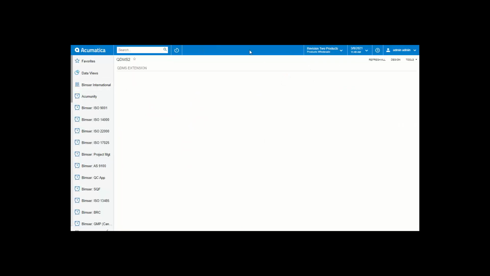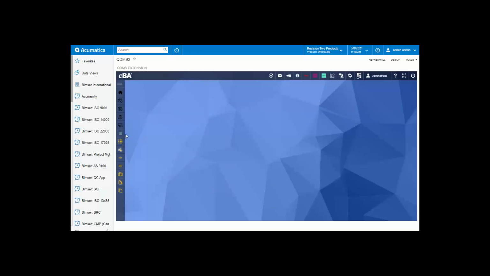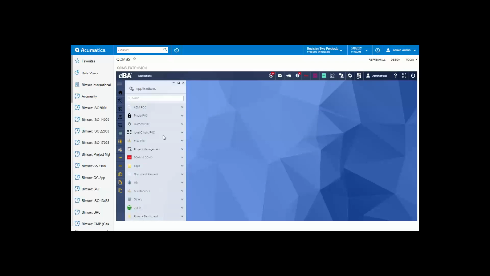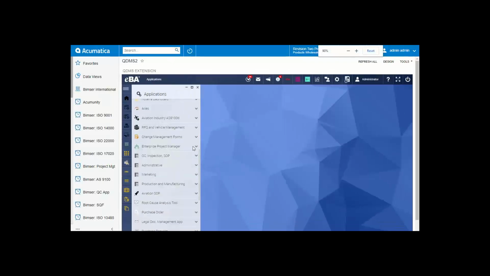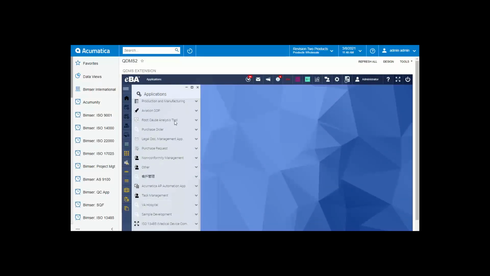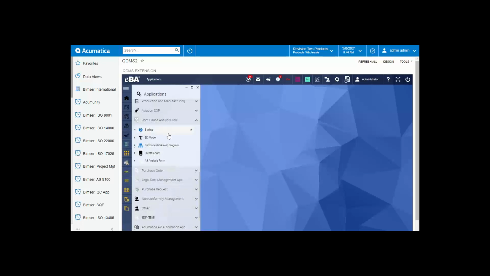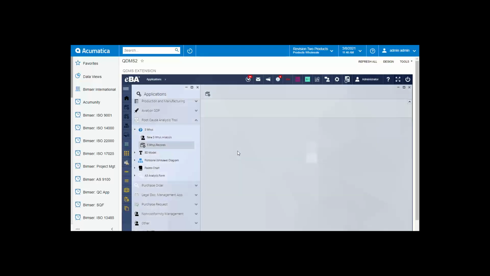As I mentioned, we have the corrective action module that helps you to manage your non-conformity and also define your root cause. And in this Qdms Extension, you can find all the root cause analysis tools that help you to find out the root cause as well. So it can be a 5 whys, 8D, fishbone diagram, also known as Ishikawa diagram, and also Pareto chart. So those are available in our Qdms extension, and I want to show you real quick all the analysis tools. And as for the 5 whys, we have our